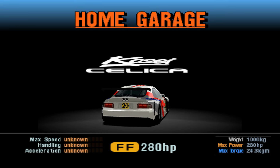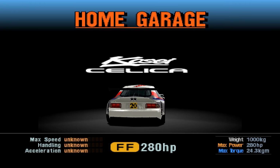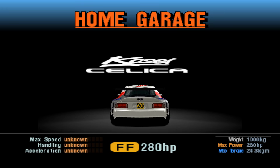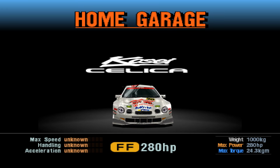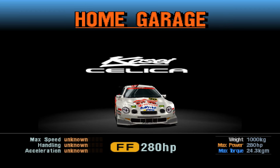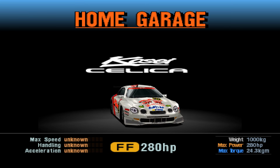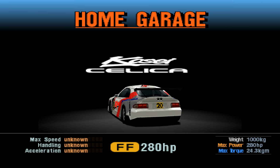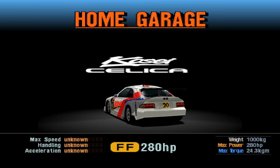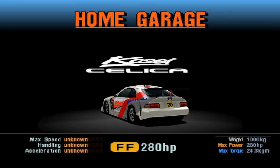So this car, you win it from one of the one-make races, I believe it's for the Celica, and then you can race mod this car into another GT300 car, the Autolet Celica, which we'll see go around later. I wanted to split these cars up because they had unique logos, and because, well, if A-Spec is going to class all the different Super GT500 cars as different cars, I may as well include all the race mod versions of them as well, because there's as much difference between the Kosei and the Autolet Celicas